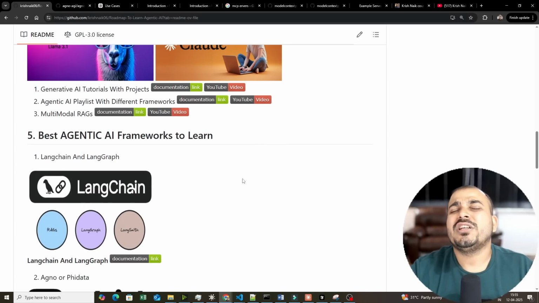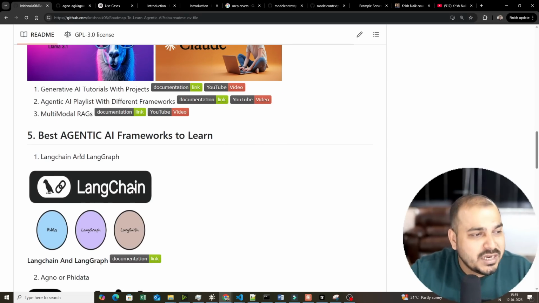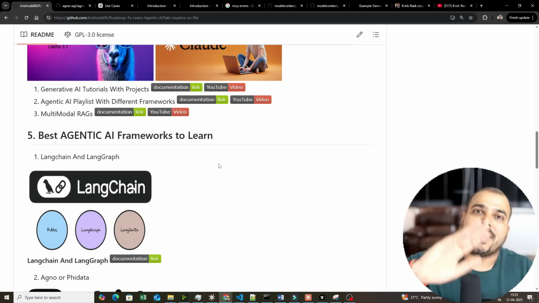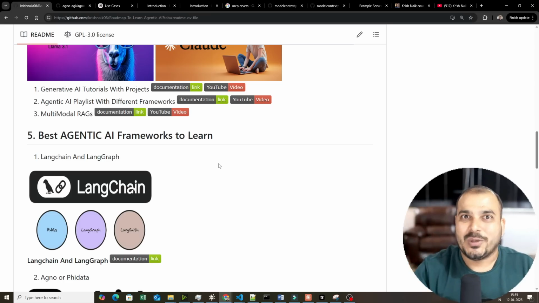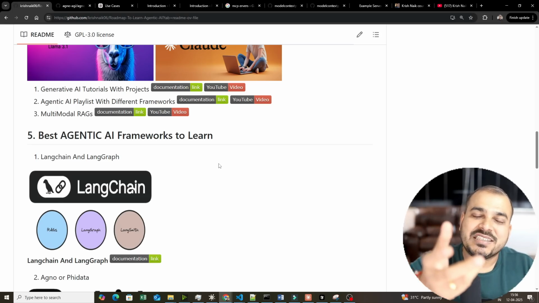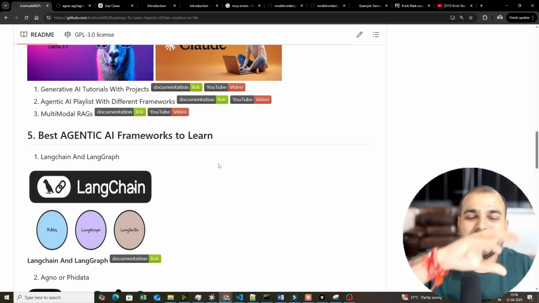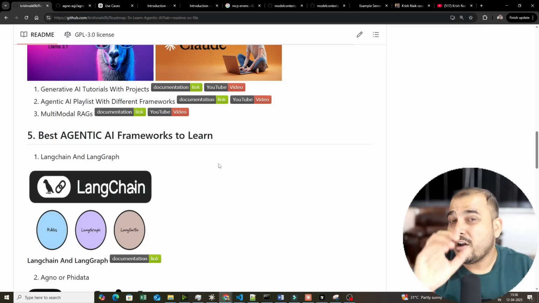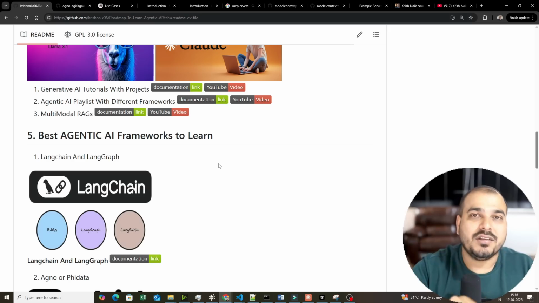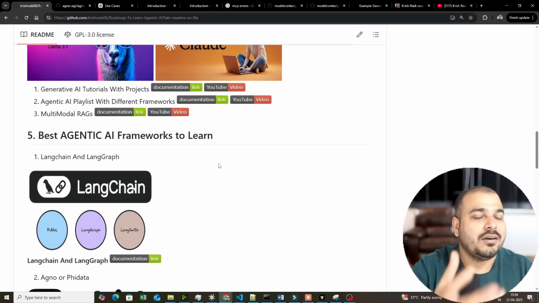So the first and most important framework that you should start with is LangChain and LangGraph. Now you may be thinking, Krish, LangGraph, why? Some people are saying LangChain is not that good for production-grade applications. See guys, initially when LangChain was launched, they made a lot of changes in their modular packages. They were moving the packages from one location to another, right? And because of that, people who had deployed it in production were not able to update it whenever a new upgrade came up, because the entire location of the packages was getting changed. So a lot of changes were happening in the code, right? And because of that, many people assumed that LangChain is not that good for production.